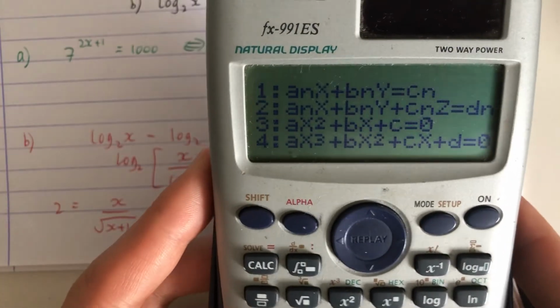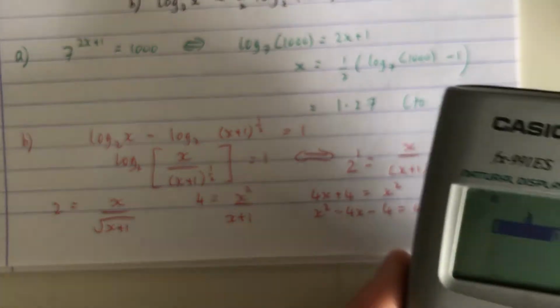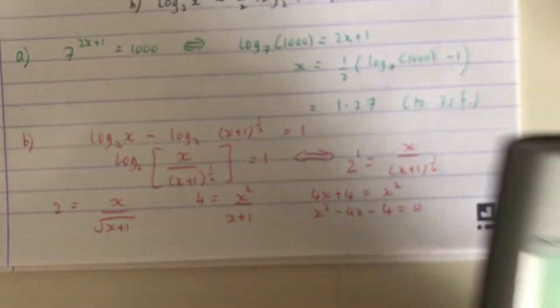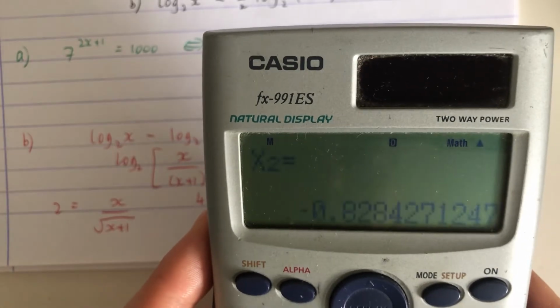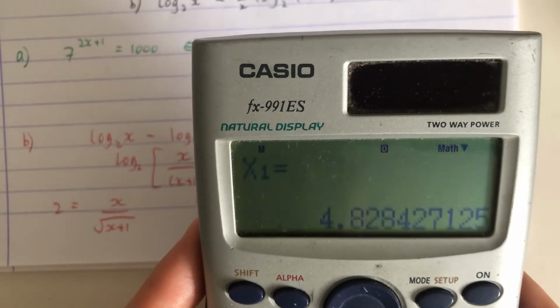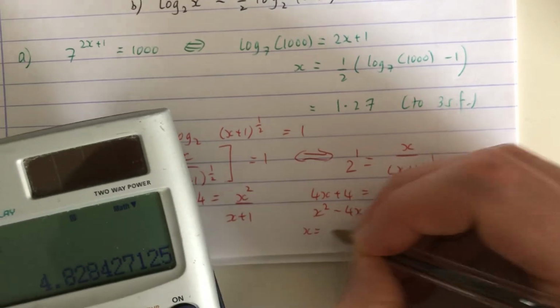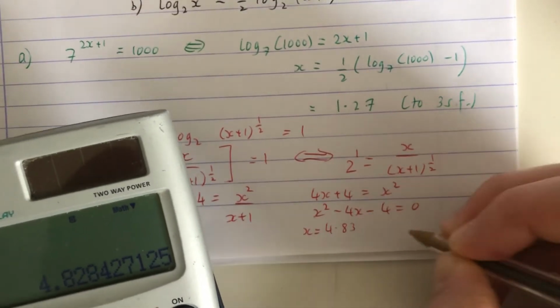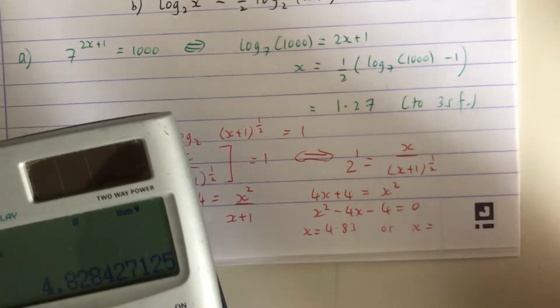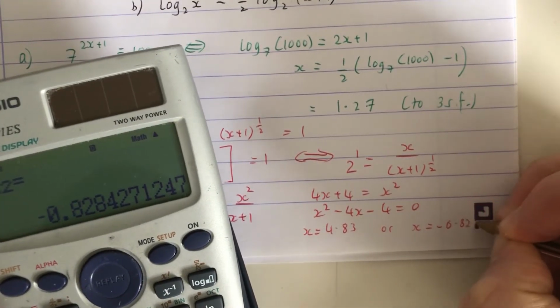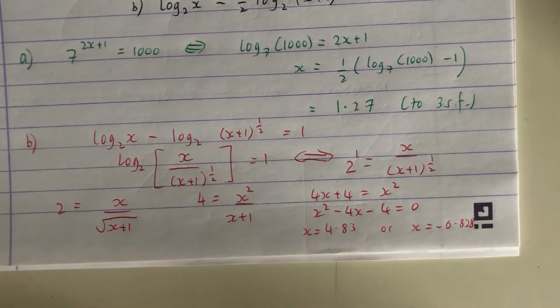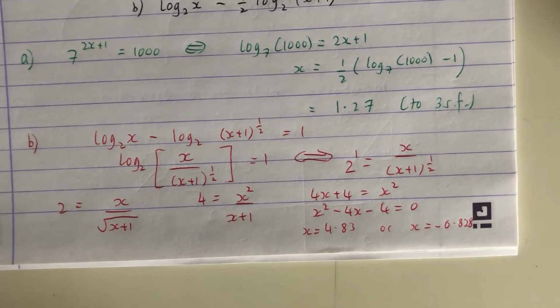Equation, quadratic, coefficients of 1, negative 4, negative 4. To give you two answers, x equals 4.83 or x is equal to negative 0.828. If you wrote that as your final answer, you would lose a mark,